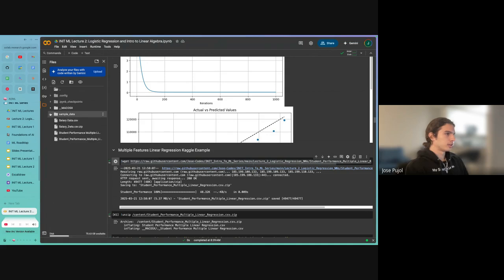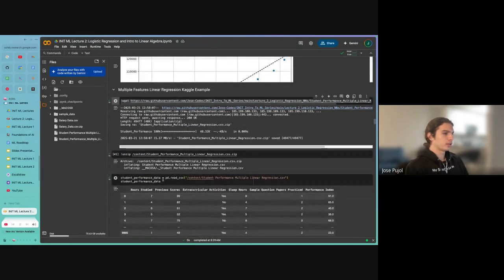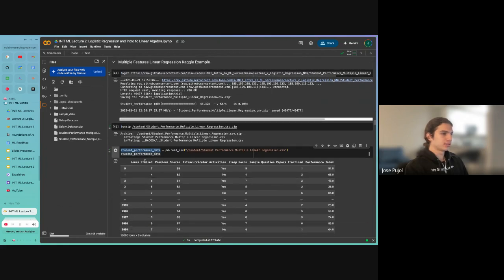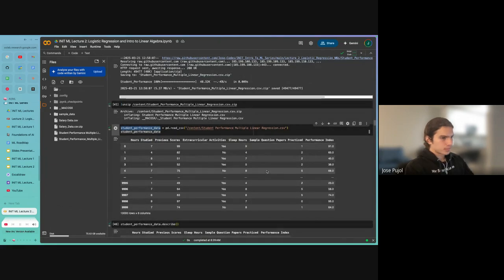Then you unzip it and you can load it in using pandas, which is essentially a data science library for Python, which lets you load a CSV file into a data frame, which is essentially just like a table. And then this holds your values.